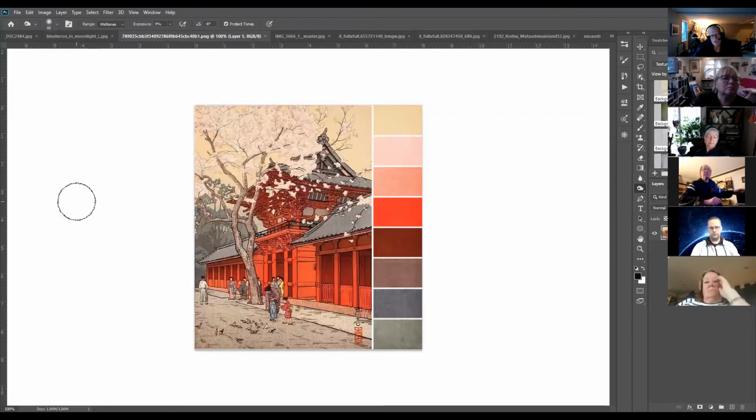This is an image that I copied off of. All of these images are downloaded from Google. Thank God for Google. I just love the style. I love the color palette. You can see on the top here the blossoms, all quite lovely, and of course they're falling off the tree in a particular style to Japanese artists of the age. But this on the right side here, the color palette that was used for the making of this particular woodblock print,